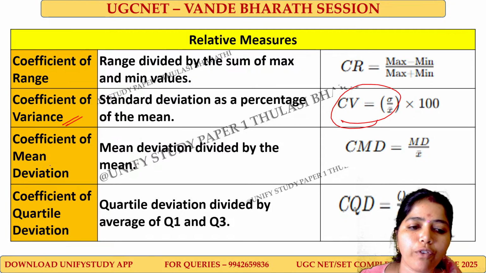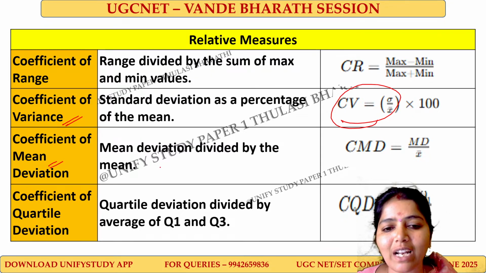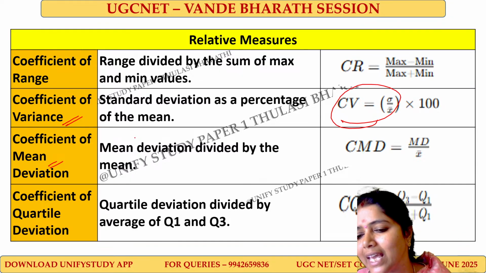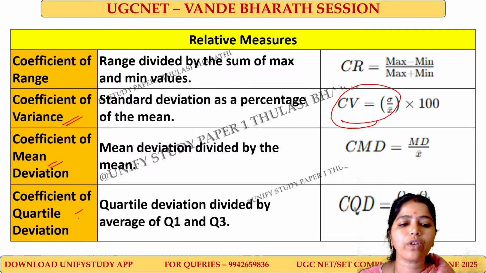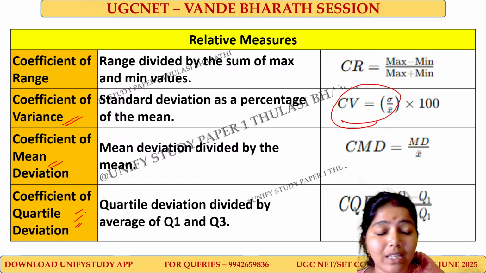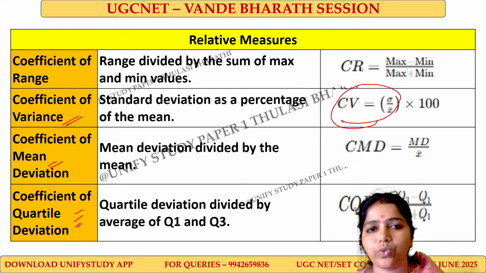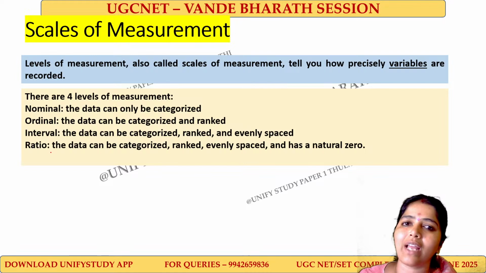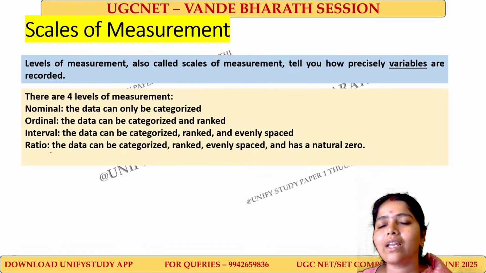And coefficient of mean deviation is mean deviation divided by the mean. Understand? Please make a note of these formulas. We can expect coefficient of quartile deviation, how it is deviated from the quartile value, using Q1 and Q3. It's called quartile deviation. Next we move to a very important one, NOIR, that is nominal, ordinal, interval, ratio levels